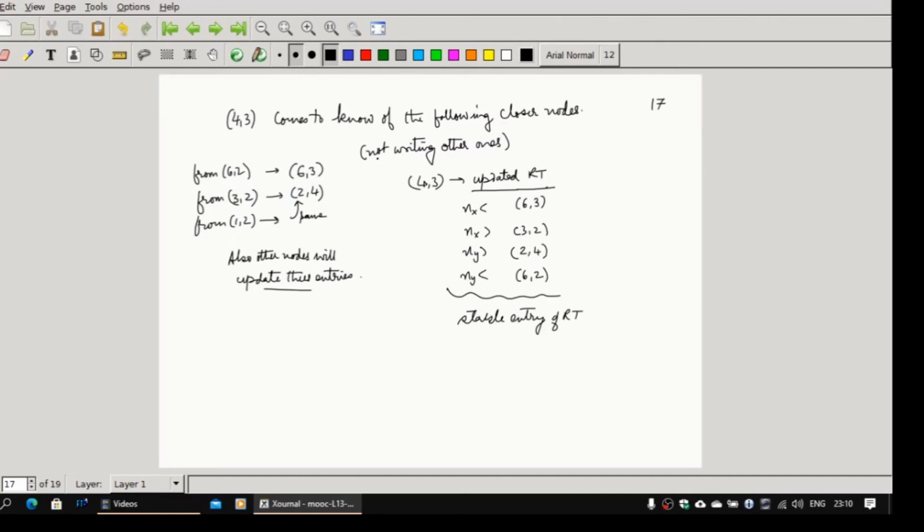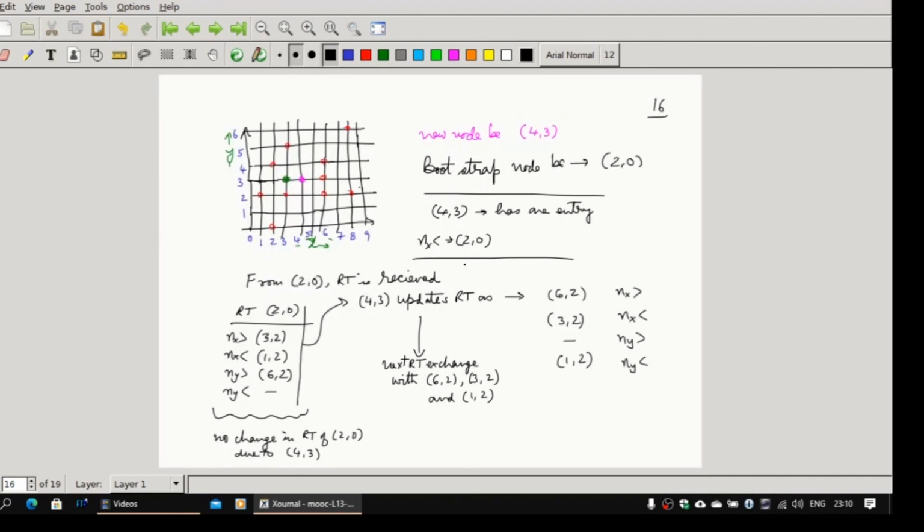Okay, so for example 6.2 will be telling, so I am only writing the nodes which are closer. 6.3 will become aware of that, so 6.3 will get replaced, 6.2 will no more be there. It will learn about 3.2, from 3.2 about 2.4, so 2.4 will be learned. From 1.2 again about 2.4 only the knowledge will come, so that will also be replaced. This can be observed in the previous figure.